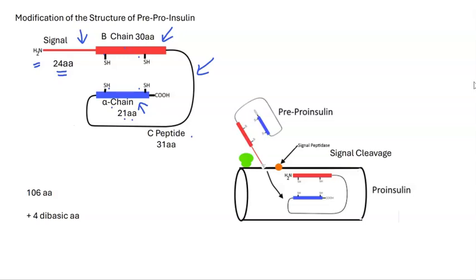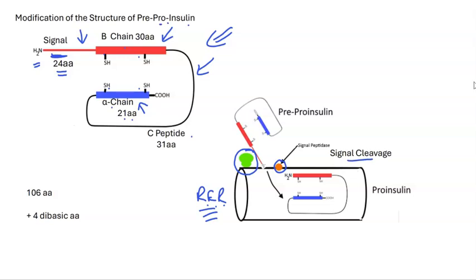Now, the first step in the modification of this protein, this pre-proinsulin, is that it is produced on the ribosome of the rough endoplasmic reticulum, because we know that the insulin will be secreted outside of the cell, so it must be the rough endoplasmic reticulum. And so the signal allows the protein to enter the rough endoplasmic reticulum, so this signal structure here. And as that occurs, there's an enzyme in the membrane which cuts off the signal, and this is